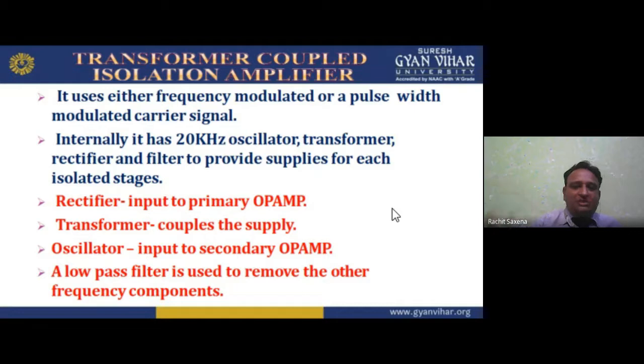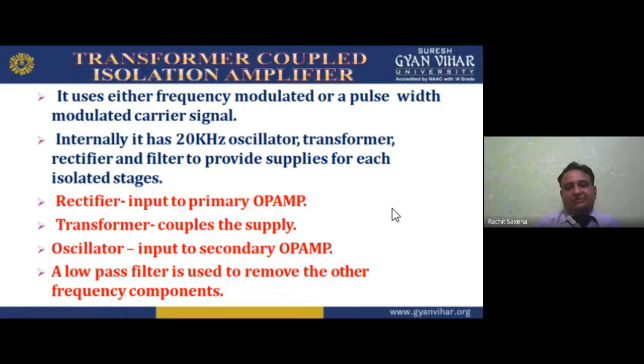Omega is the angular velocity, and omega equals 2 pi f, where f is the frequency. So we consider modulation, that is, changing or increasing the level of that frequency. You all know what modulation is. So it may be frequency modulated or pulse width modulated, because we are giving the level in pulse form, so we can modulate the pulse. So pulse width modulation will be there, and we use a pulse width modulated carrier signal.